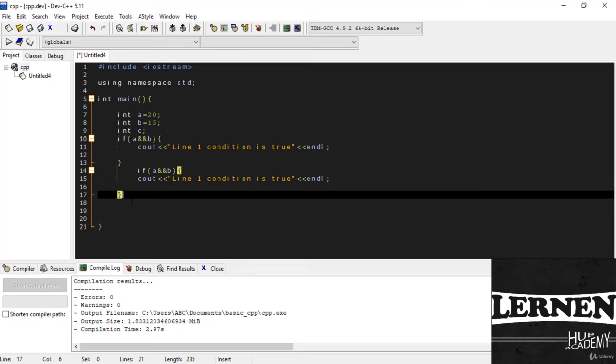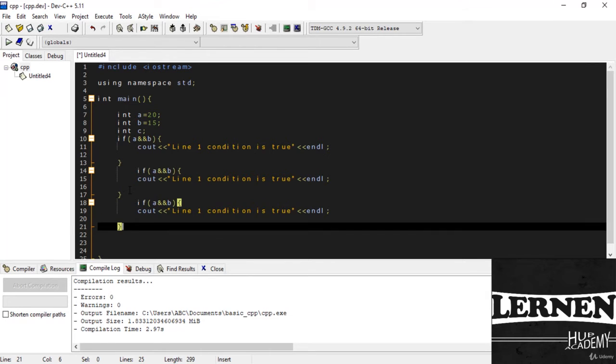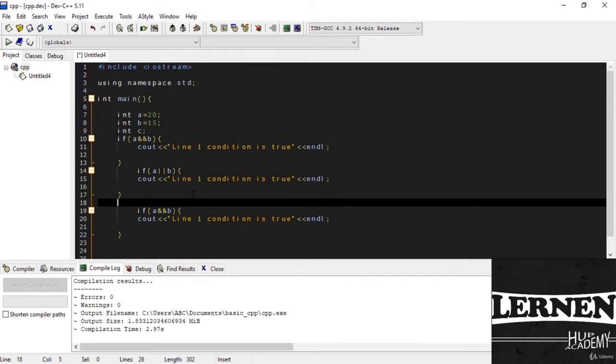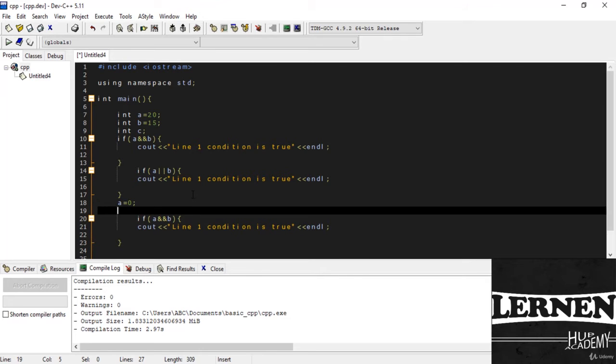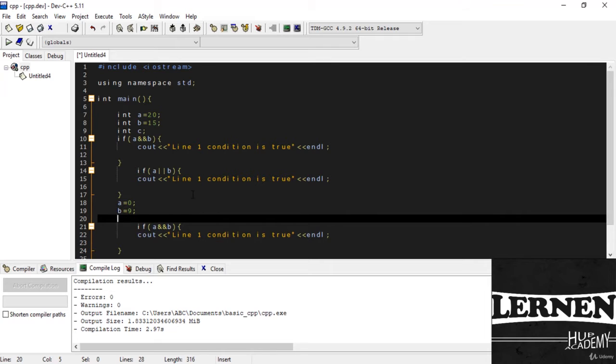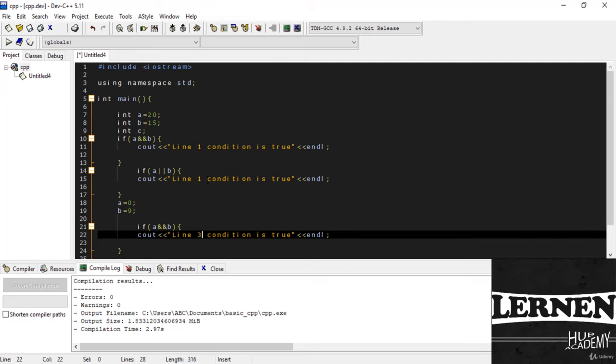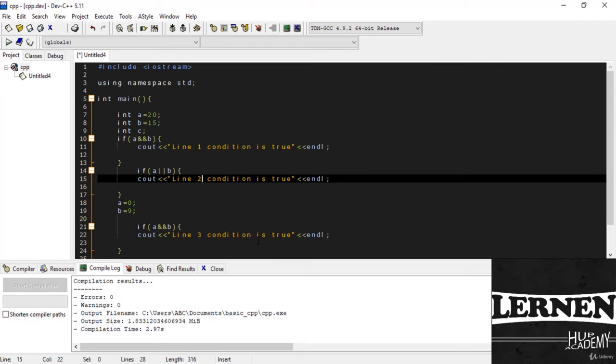Now let's copy this one for the OR operator, and here I write this is for the OR operator and the condition is true, and here I just change the value. So a is equal to 0, and then b is equal to 9. Now I just write if a and b operator, so line number 3 here, so I just write condition is true,